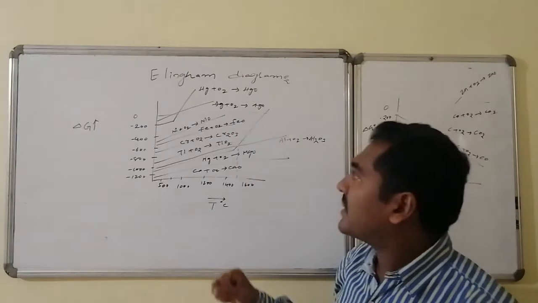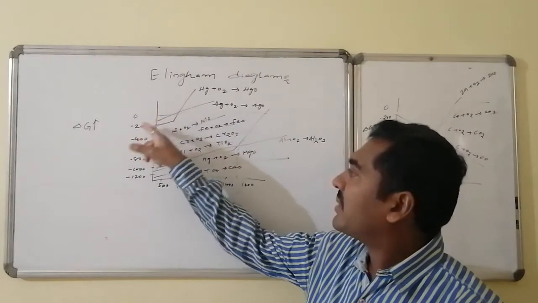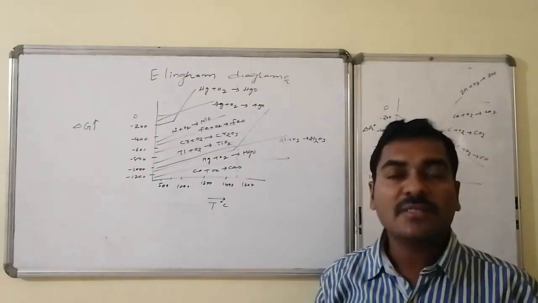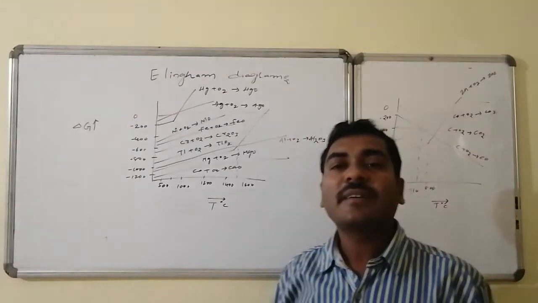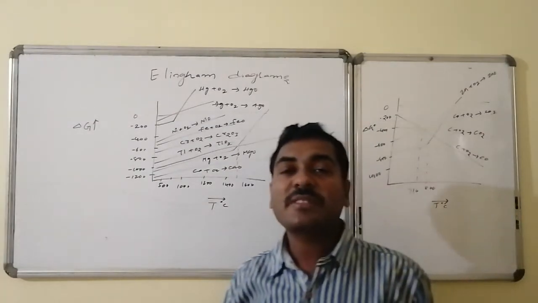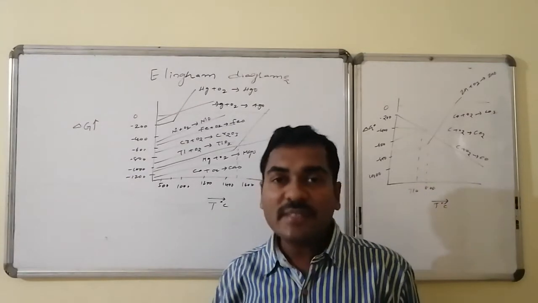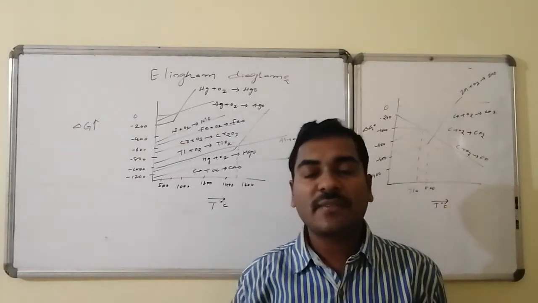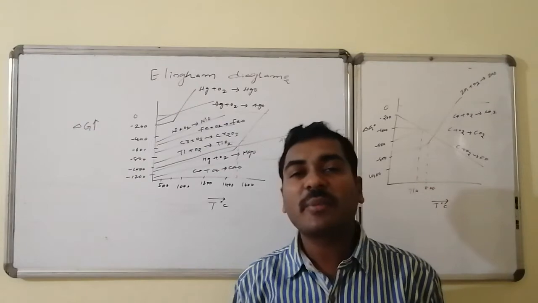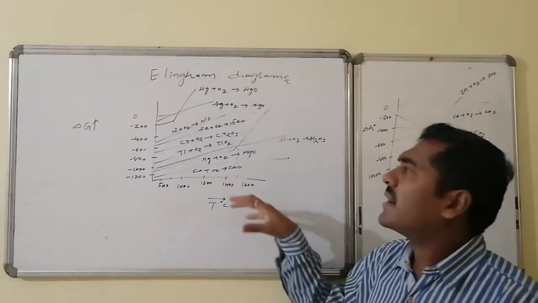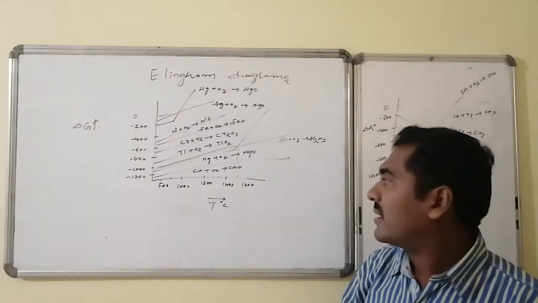Whereas if I exceed the temperature beyond where delta G is 0, so that it becomes positive, then decomposition starts. In no way does formation occur. If any HgO is there, it undergoes decomposition and forms the corresponding metal followed by the oxygen. The same thing is valid for every variety of metal oxide.